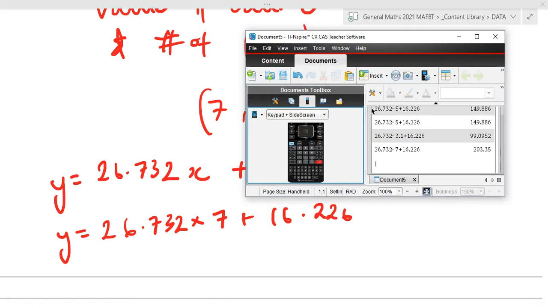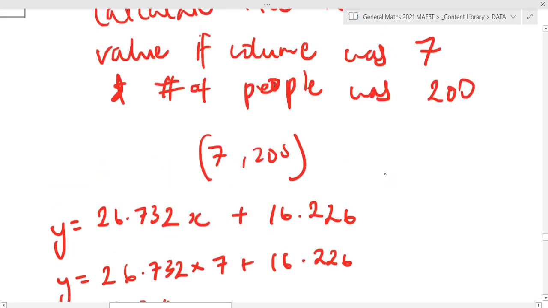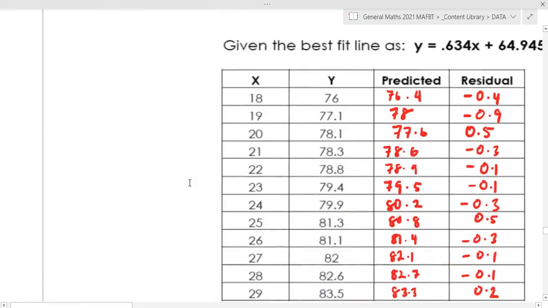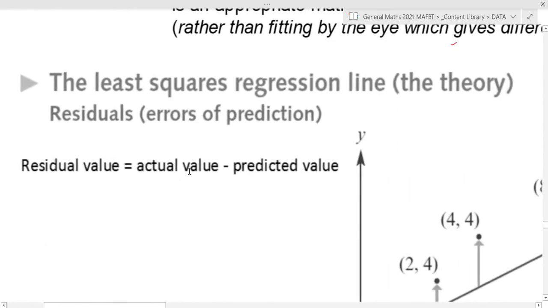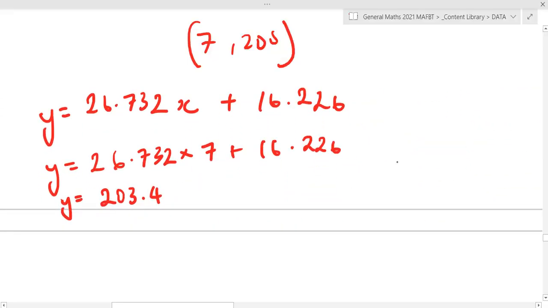The predicted value is 203.35. I'll just round it to one decimal, so 203.35 will become 203.4. Remember, to calculate the residual, it's the actual value on the scatter plot take away the predicted value from the line. So the actual value was 200, and you minus the predicted value from the line, which is the formula, minus 203.4,